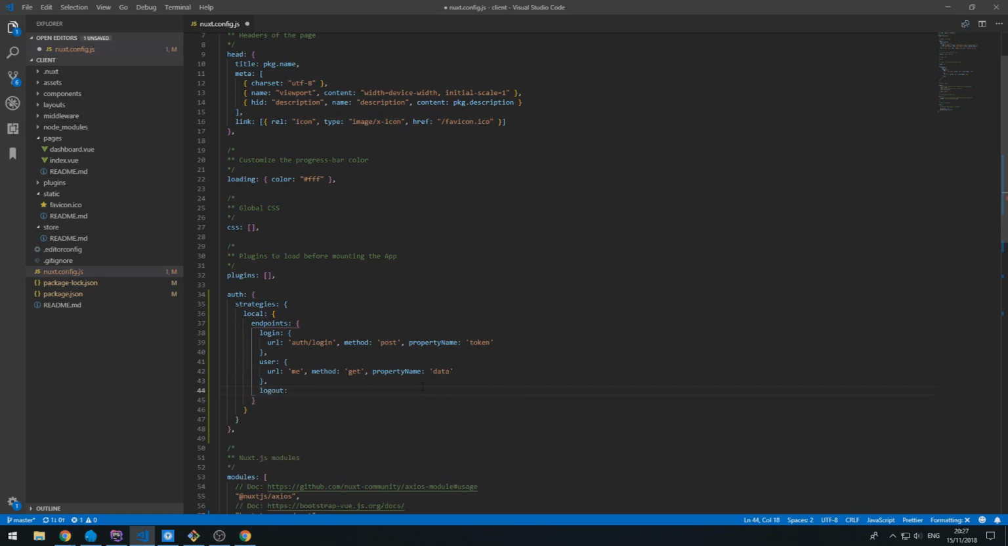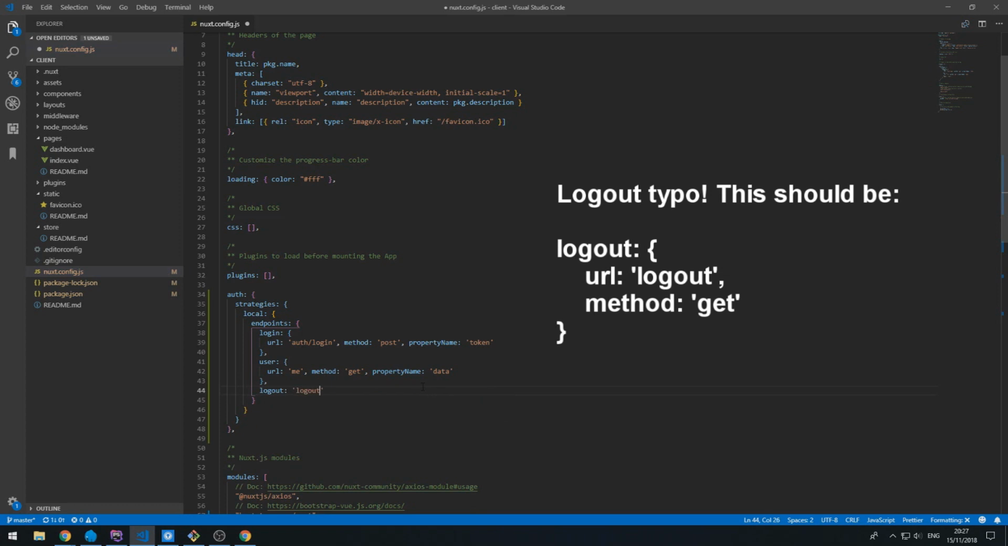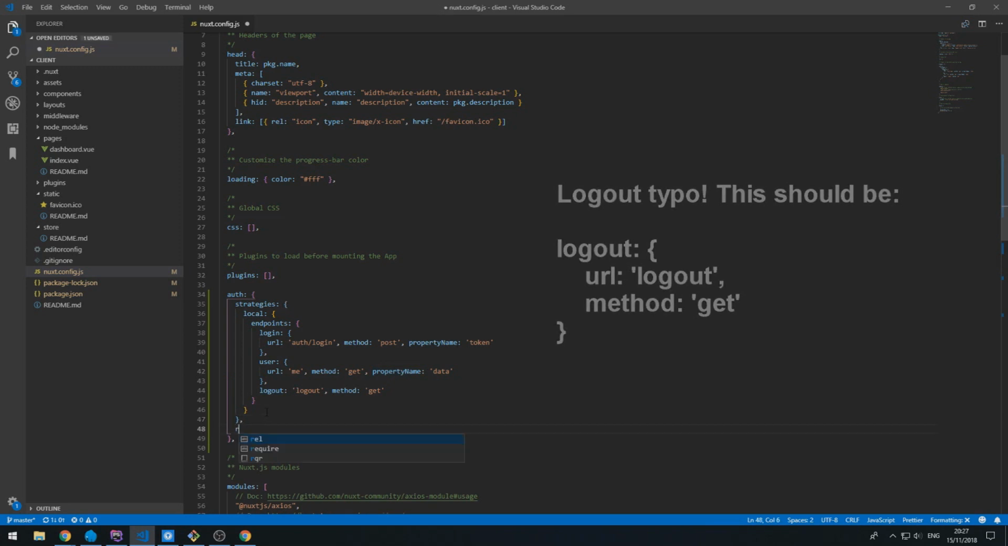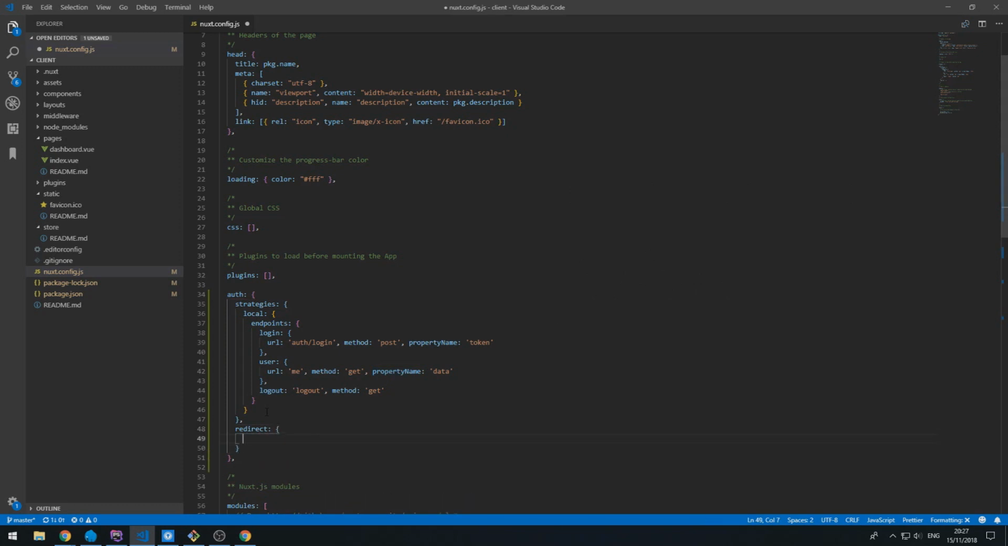I'm going to have a logout property. And this is also a get. This doesn't return a property name because we don't need it because the user is logged out. Then after that, just going to set things up for later. So if someone is not logged in, /auth/login should be the redirect. Or actually, yeah, this is just a redirect for login, home redirect,